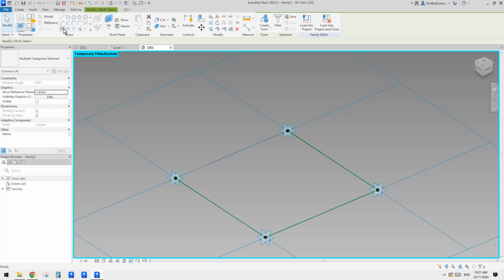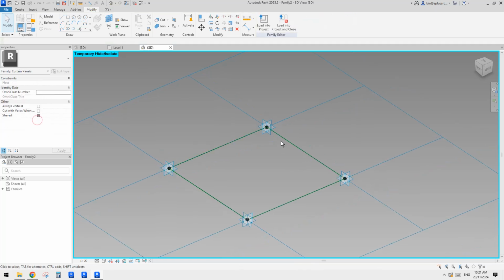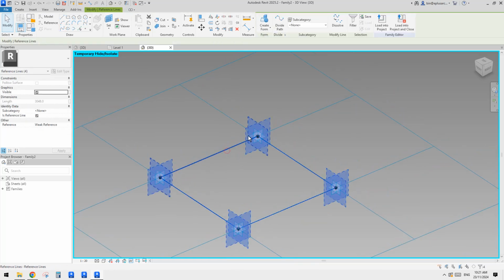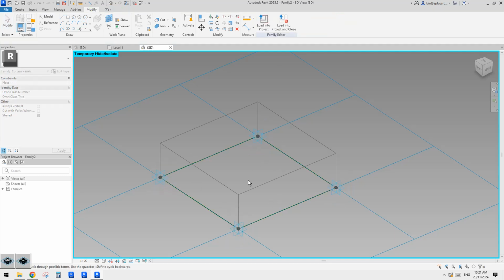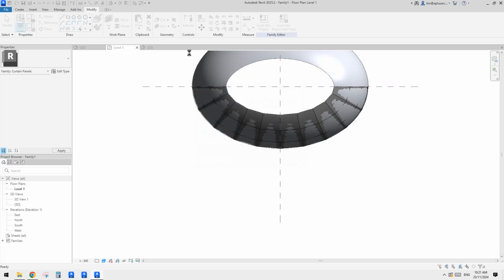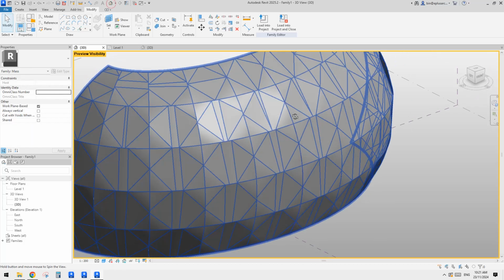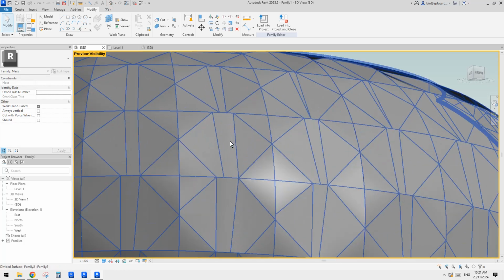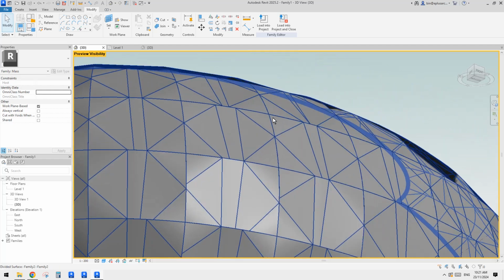So we can create another one. So now we have 4. But if we create a form using these 4, so let me just go up, yeah, and we will have issues. So if I load this one in here, so now you can see, although the edge, where's my edge? So see edge